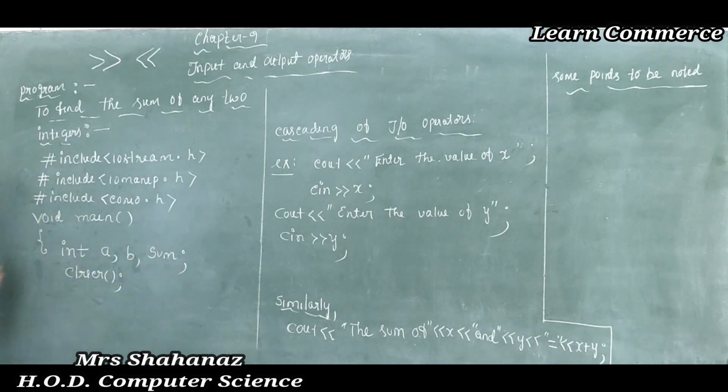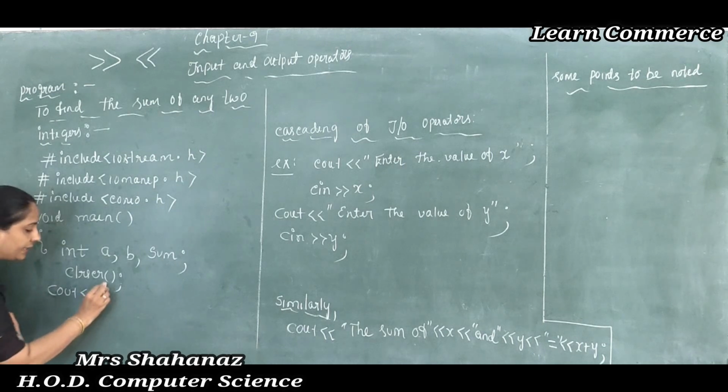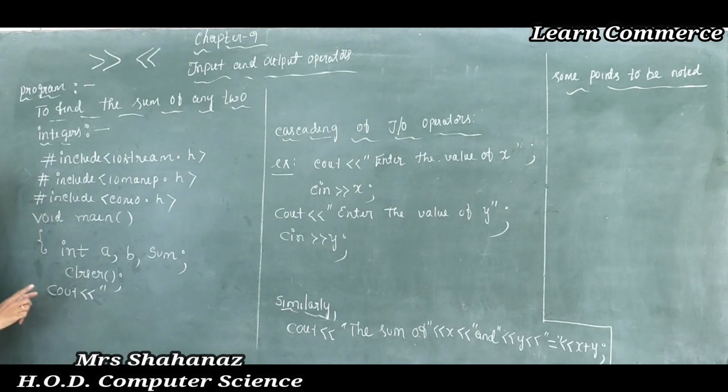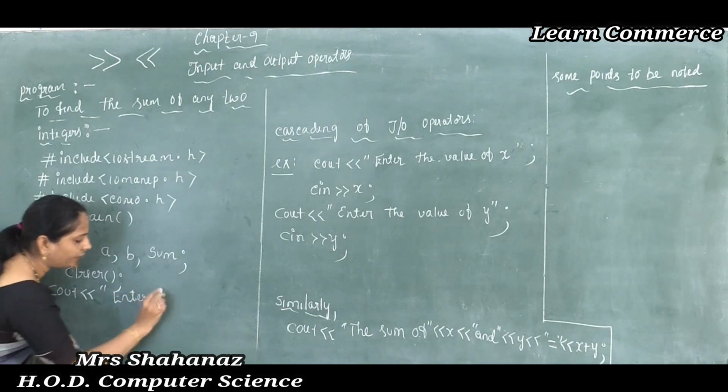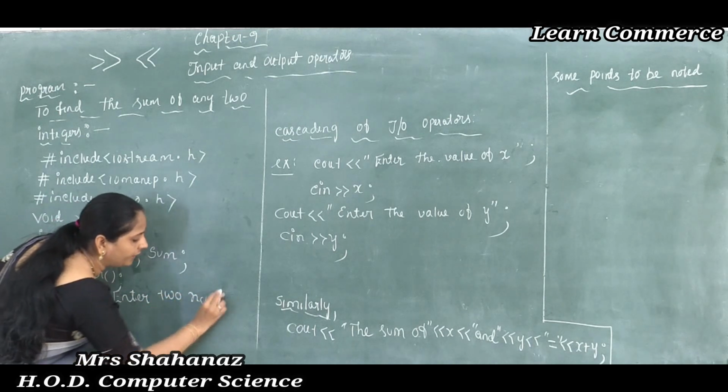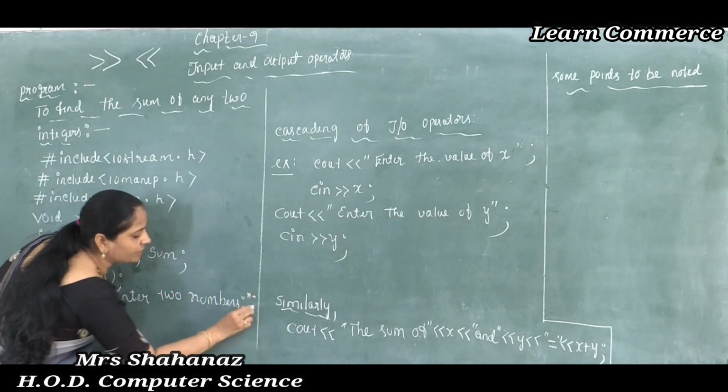Okay? And after declaring each and every variable, now I am going to start the program here. So I just want to display one message. As we know, to display any message we use cout, console output, to display any information. And later after writing cout we use the operator, called the stream insertion operator here. Then to display any information, everything starts with the double quotation, and later the message: enter two numbers. So like that I want to display the message.